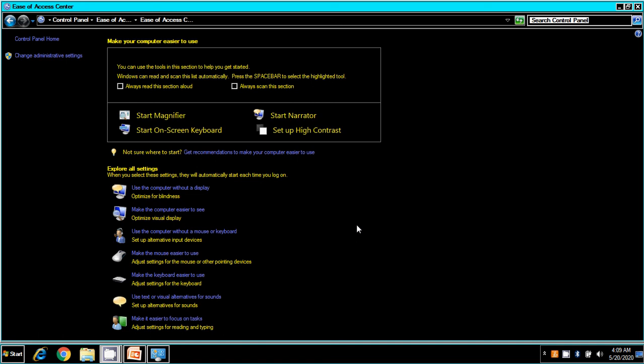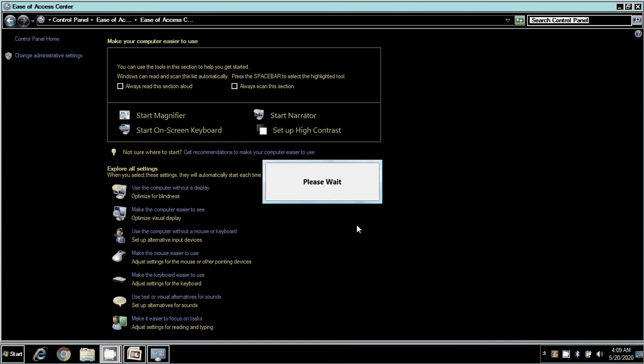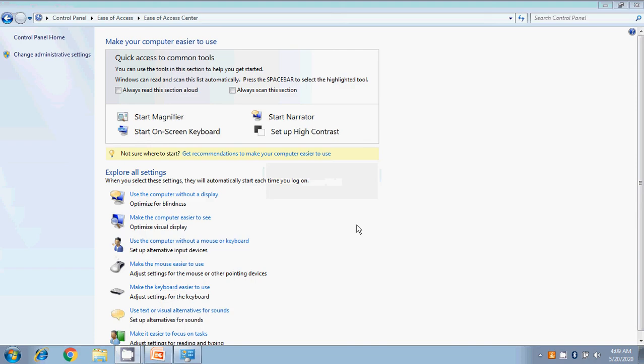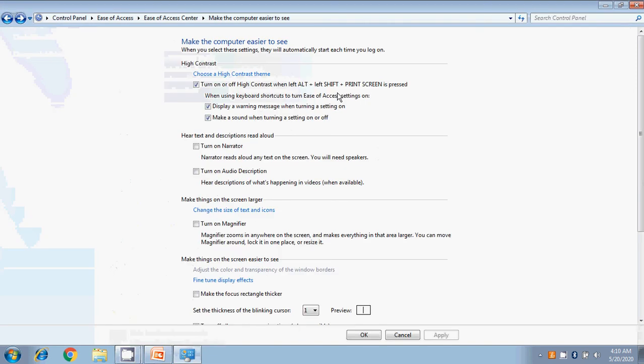You can see here that the background is black and the text is highlighted. To disable high contrast feature, again press left alt, left shift and print screen key together, and thus you disabled high contrast feature. Go back and uncheck high contrast